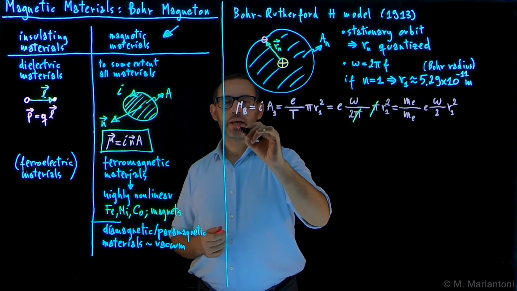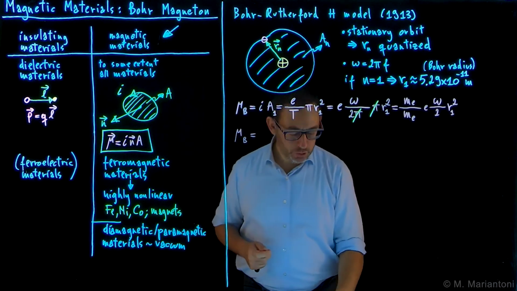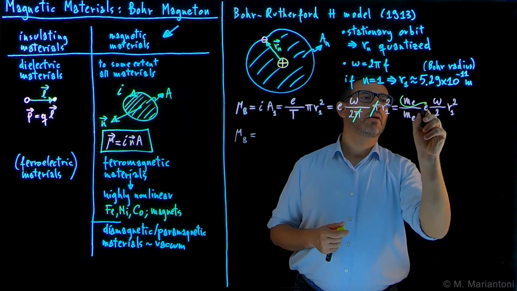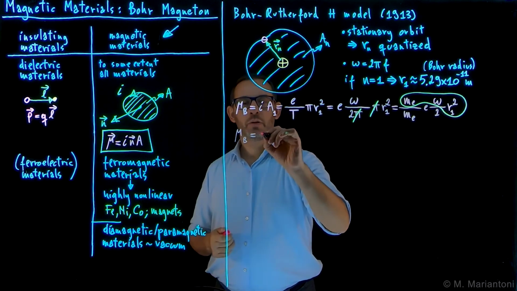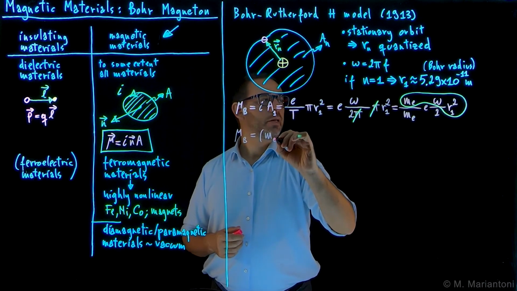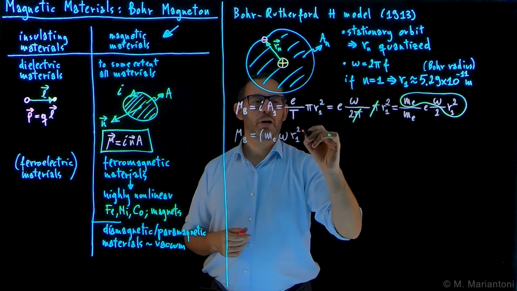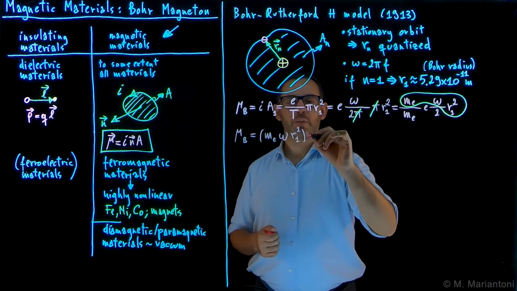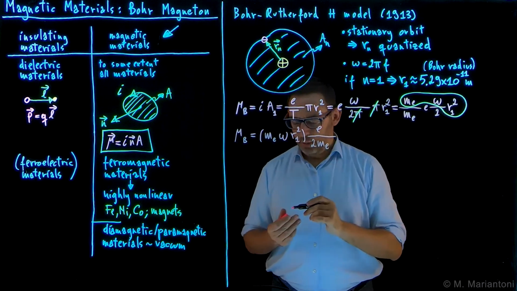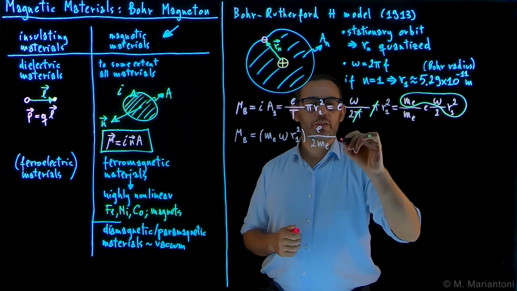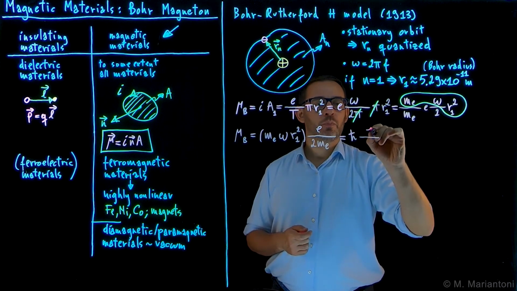Okay, so how can we rewrite this expression for mu B? We can rewrite it by putting together me, omega and R1 square. So we can rewrite it as parentheses, the mass of the electron times omega, the angular frequency, times R1 square, the Bohr radius square of the lowest orbit in this quantized set of orbits, times E over 2 times me. The electron charge over 2 times the mass of the electron. Okay. Now, what is this quantity in parentheses? Well, actually, this quantity in parentheses is nothing but h bar, the normalized Planck constant, times E divided by 2